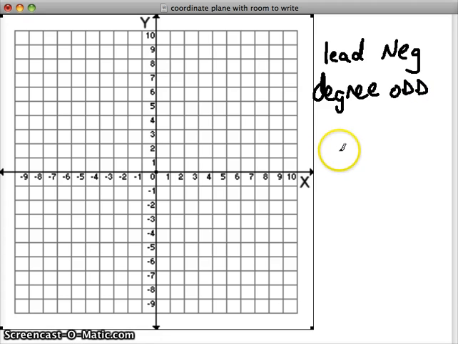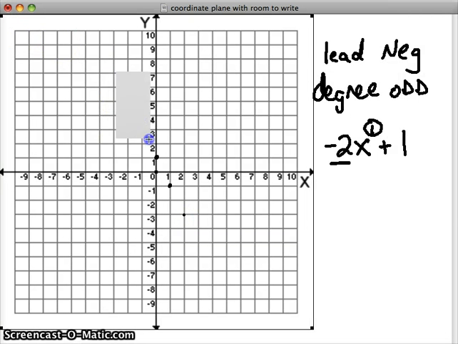So the simplest one would be a linear function, and we'll just change it up. We'll say now we have negative 2x plus 1. So now our leading coefficient is negative. Our degree is still odd. It's still a 1 there. So now I'd start at 1 at my y-intercept, and I'd go down 2 over 1. And we can draw a line there. That would be the most basic form right there. So because our leading coefficient is negative, we now have a negative slope, or our line is going down from